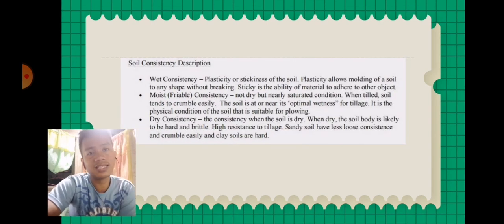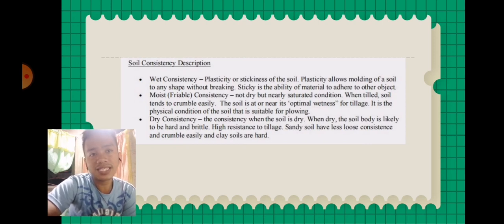Soil consistency description. First, wet consistency, the plasticity or stickiness of the soil. Plasticity allows molding of the soil to any shape without breaking. Sticky is the ability of a material to adhere to other objects. Second is